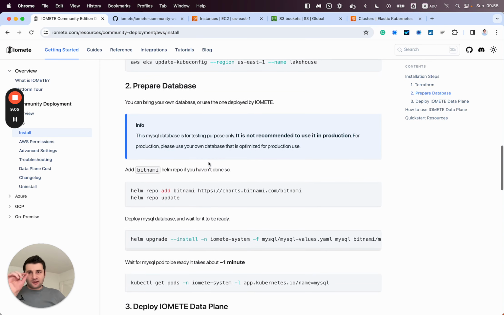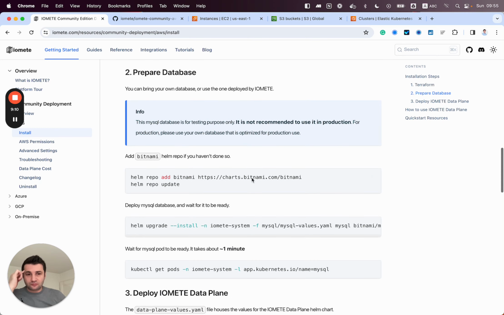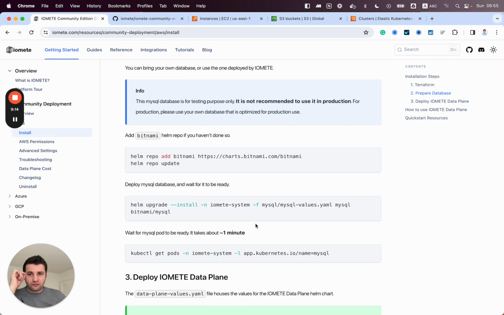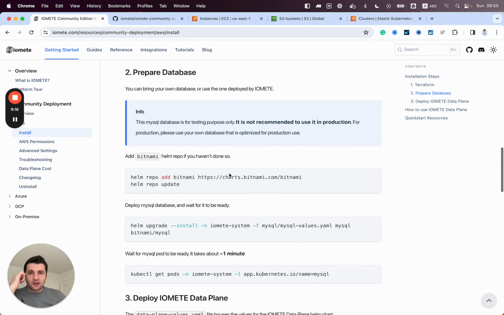The next is preparing the metadata database. So here we use MySQL from Bitnami, and IAMIT stores all the metadata of your data, metadata of the UI side elements, everything in that database.